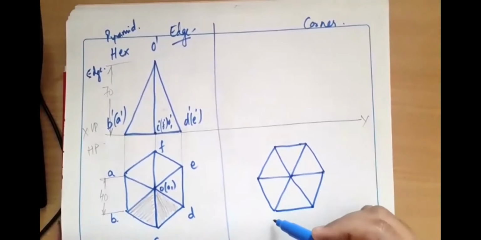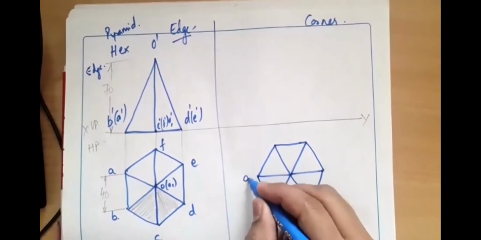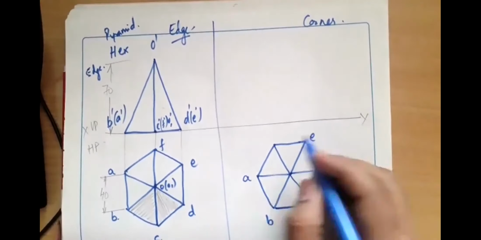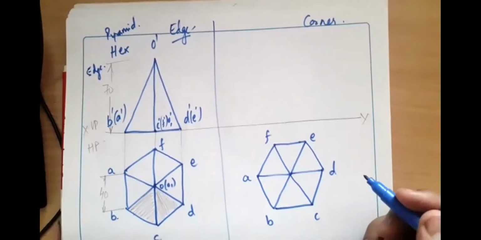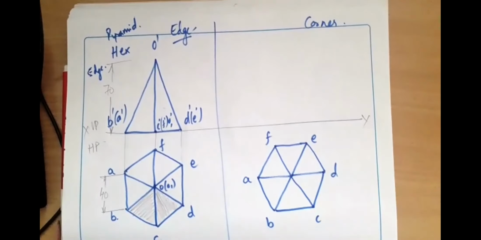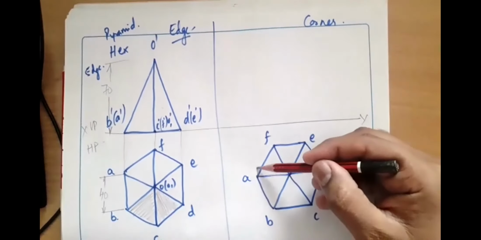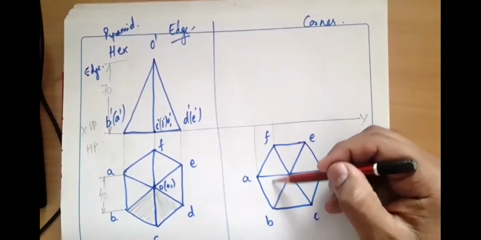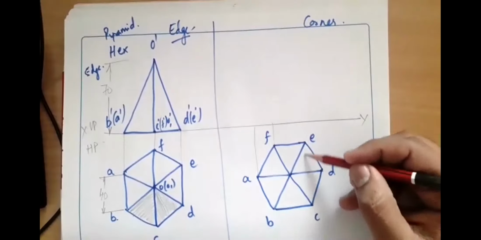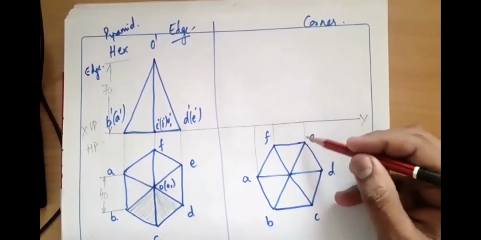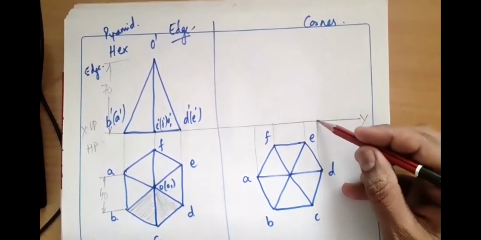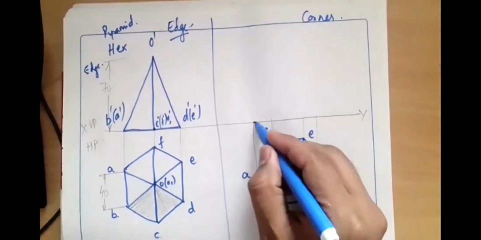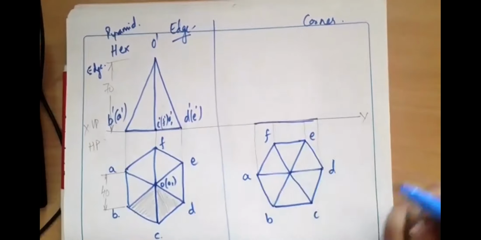Start naming this. Again, you can name from here also: A, B, C, D, E and F. I'll draw some projection lines from here. From A as well as from B, and F will coincide. C and D: C will be coinciding here with E, and from D also. So this is the maximum position where the front view will lie. I'll make the front view dark.